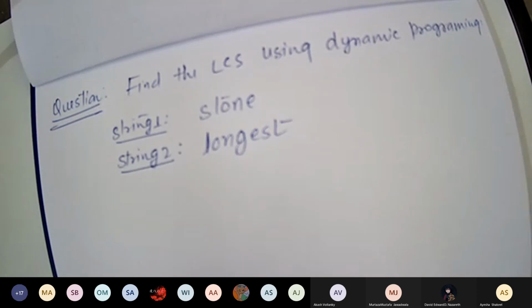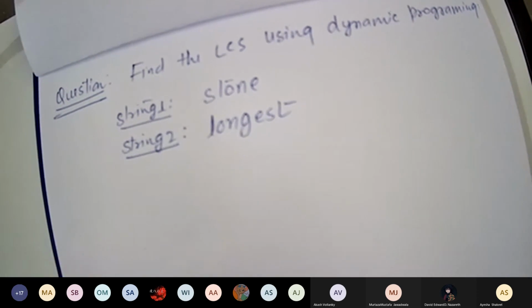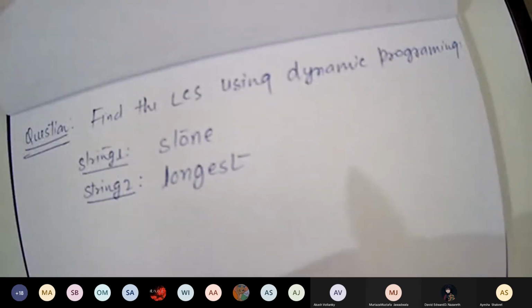Can you make the table now and find the longest common subsequence? Those who are doing, send your answer in the chat box. Try to do it fast. Question is clear to everybody? So we have 10 to 15 minutes to solve this.